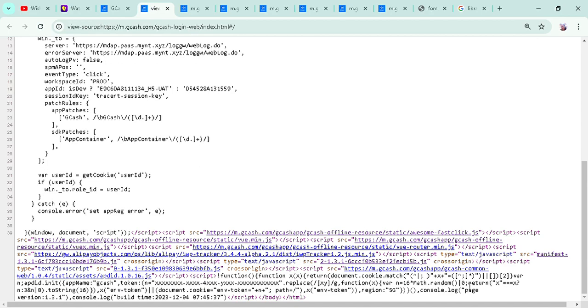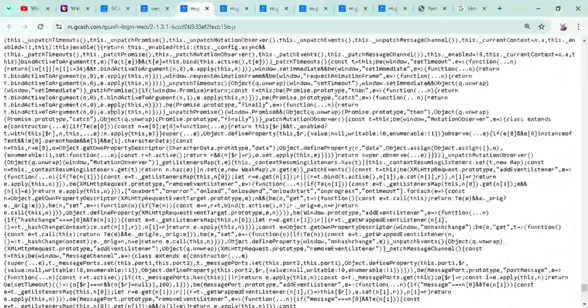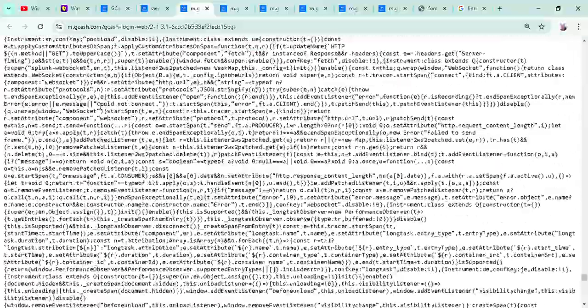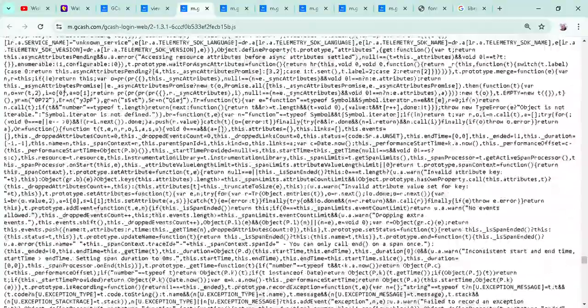Okay, we go back again. It is important that we view this one, the kinds of libraries. So I don't know what kind of library they use in this one.